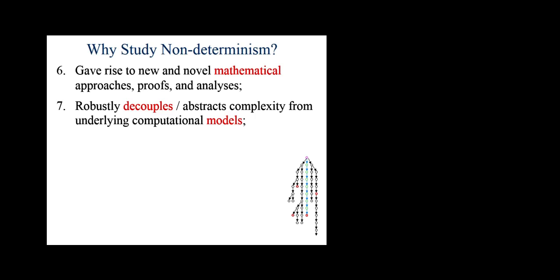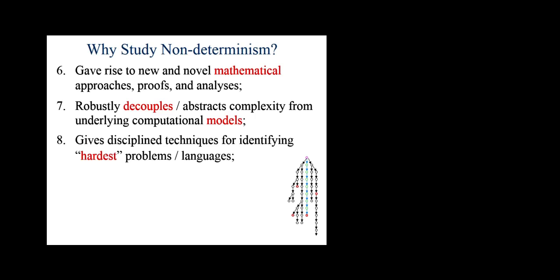You know that the answer would be yes. So it's another great reason to study non-determinism. And it also sheds light on what are the hardest problems in a class of problems. So if you have a class of problems like non-deterministic polynomial time, everything can be done in polynomial time on a non-deterministic machine, whether it's a finite automata or a Turing machine or whatever.